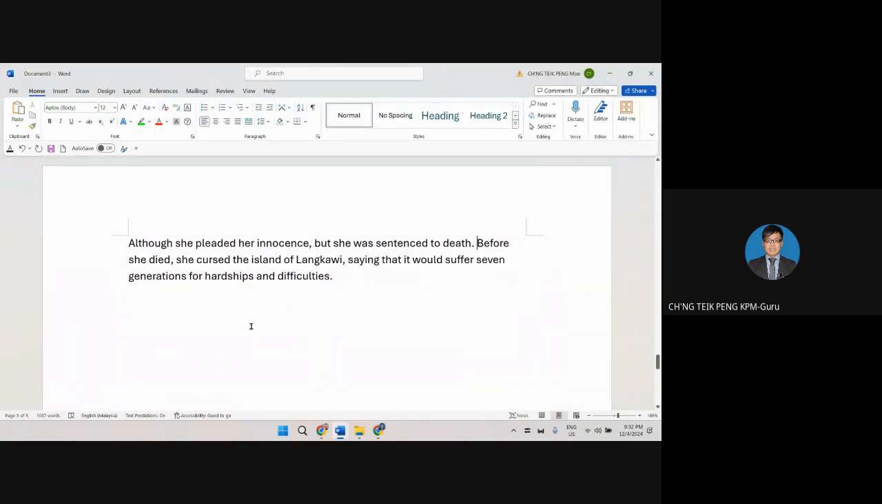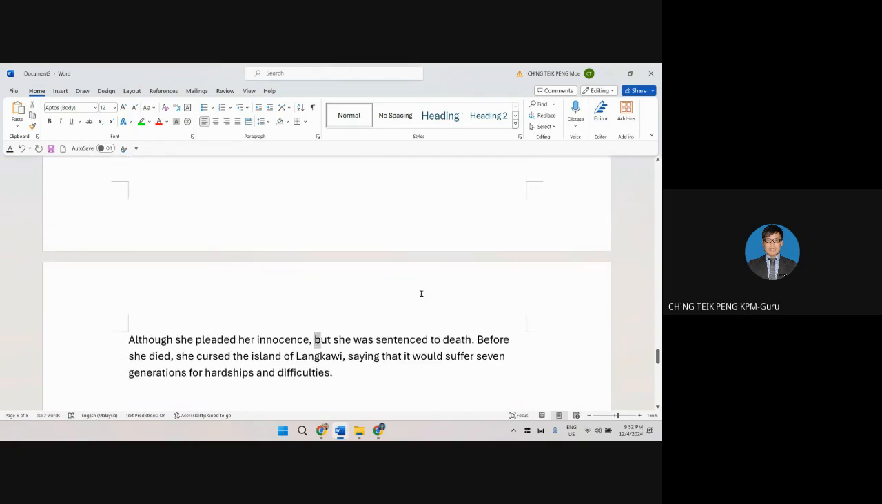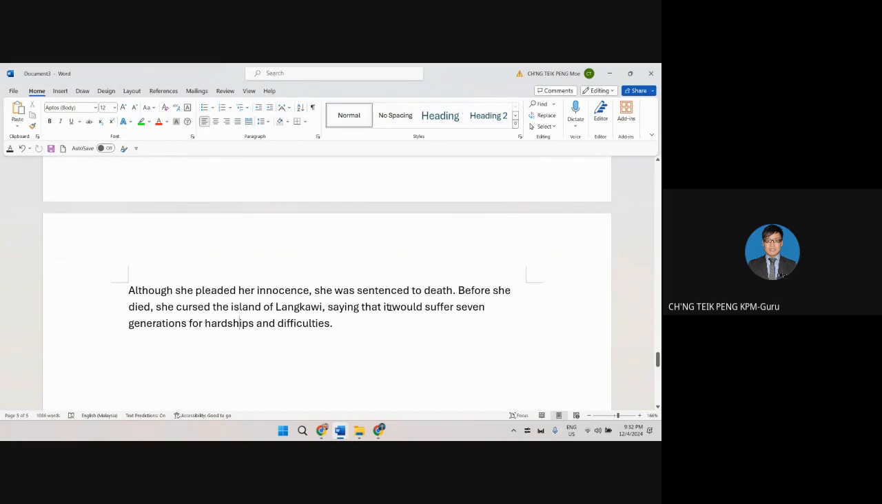Although she pleaded her innocence, but 一样的错误咯，although 跟 but 不能一起用。She was sentenced to death. She cursed the island of Langkawi. 所以这里楚元的错误，另外一个错误呢，就是楚元放 suffer 跟 for, which is wrong. It should be from. 为什么用 from 呢？因为这个是 suffer 的 collocation 来的，你用 suffer 你就要用 from 了的。Okay, now I'm reading Yu Yang's